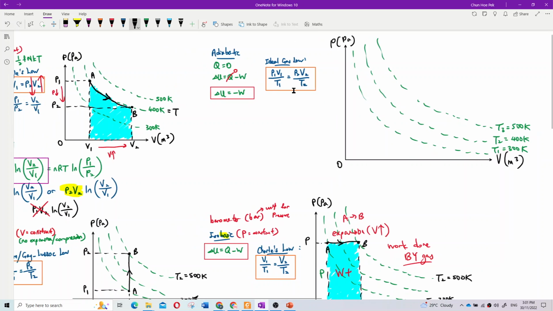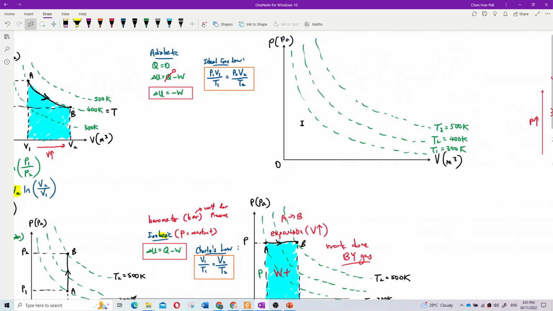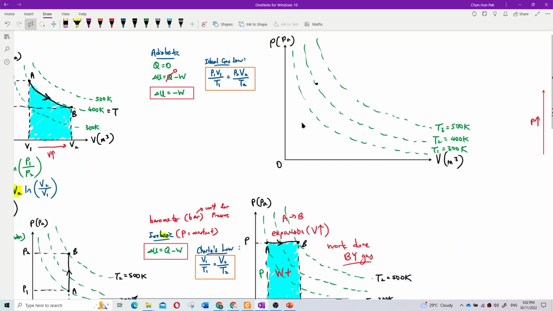Okay, so how does it look like? Firstly, I want to draw the isothermal line first. Isothermal line maintains the same temperature, right or not? Going from, let's say, A to B, isothermal is like this. Isothermal expansion. Okay? How is adiabatic? Adiabatic is steeper than isothermal. Dia pergi ke sini, C. Okay, remember this. Adiabatic graph